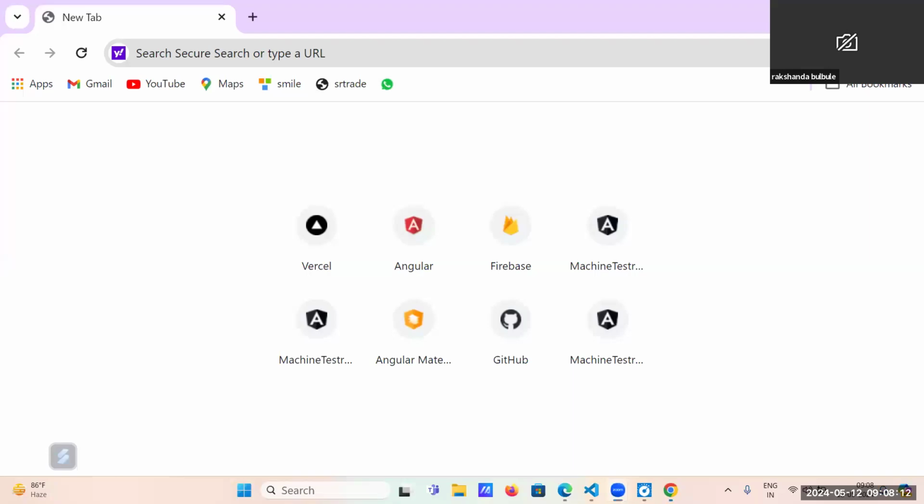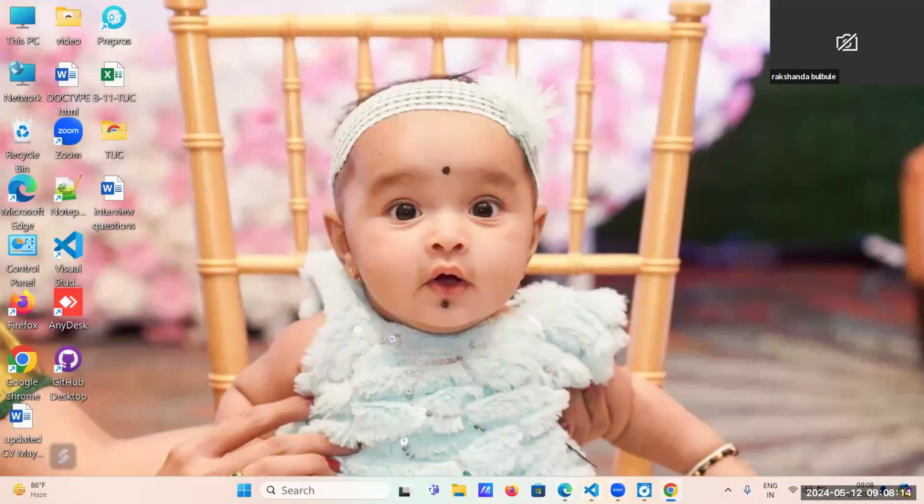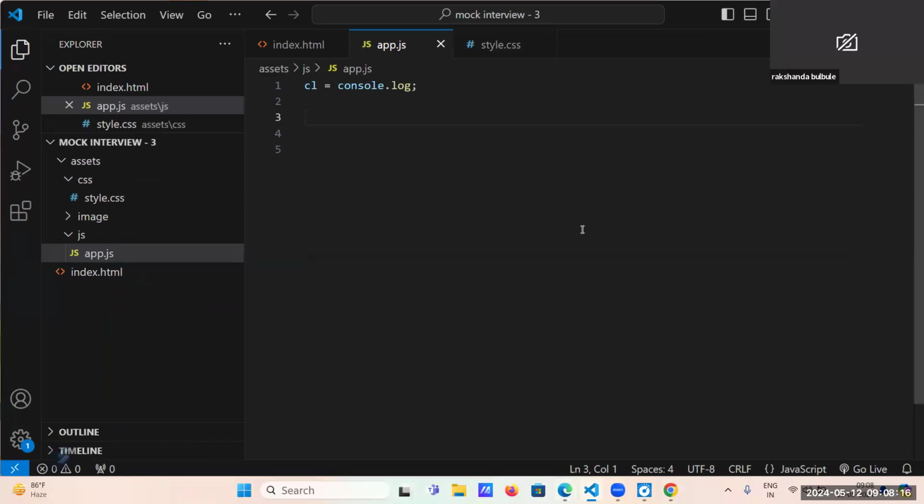Can you share your screen and write down the code? Yes. Is my screen visible?